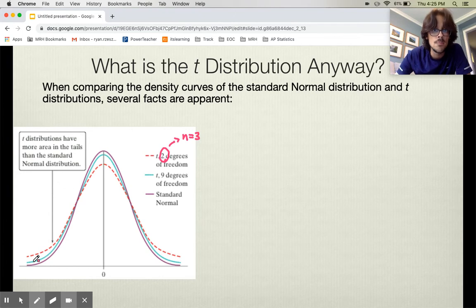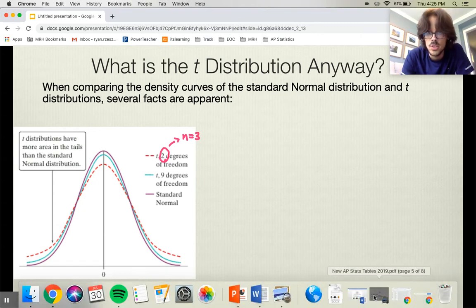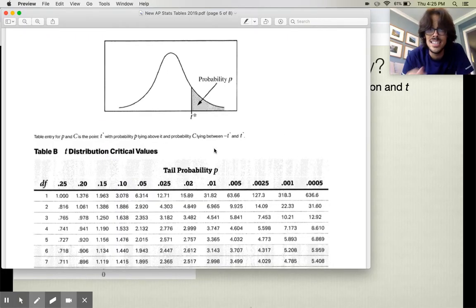And then if you look in purple right here, if you keep on increasing your sample size, you end up getting the standard normal curve. So when sample size goes up in the t-distribution, you get closer and closer to looking at the actual normal distribution. I have here your formula sheets, and it's on the page with the t-distribution,